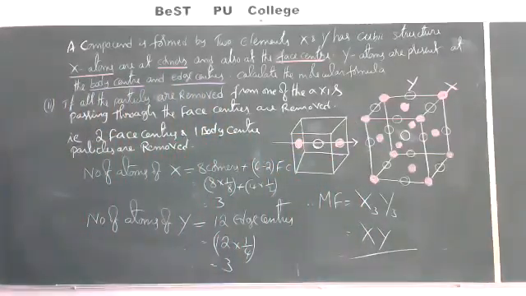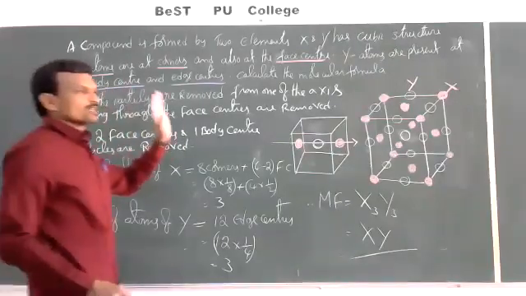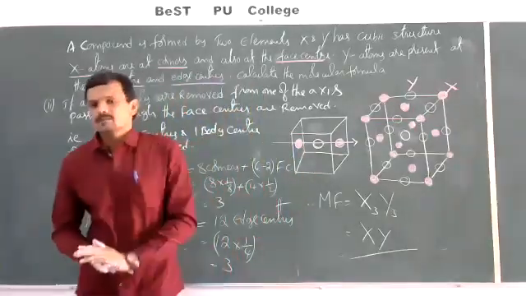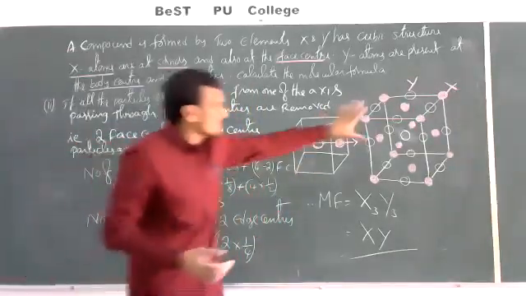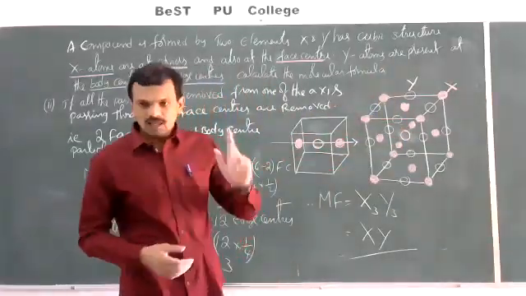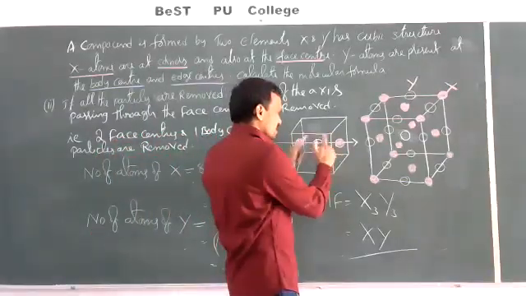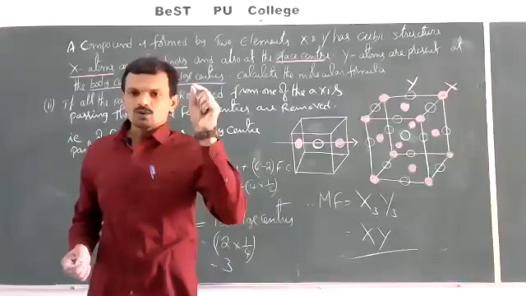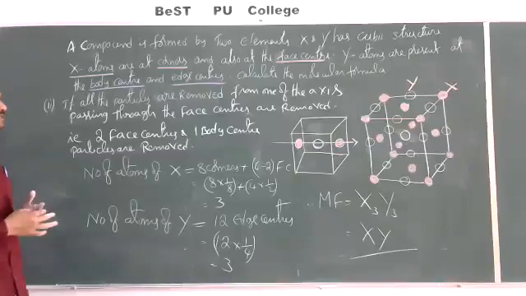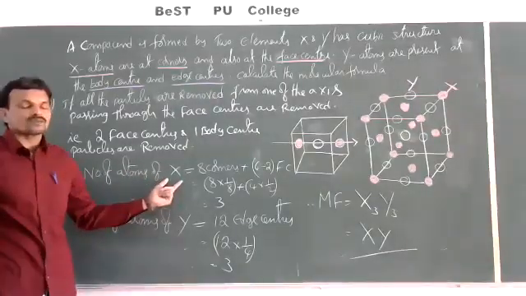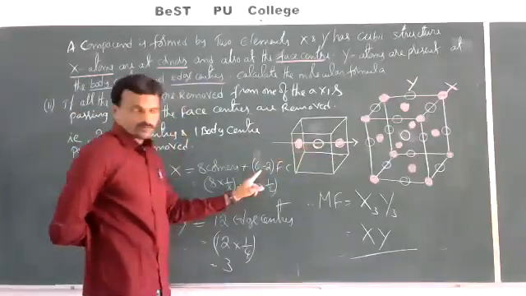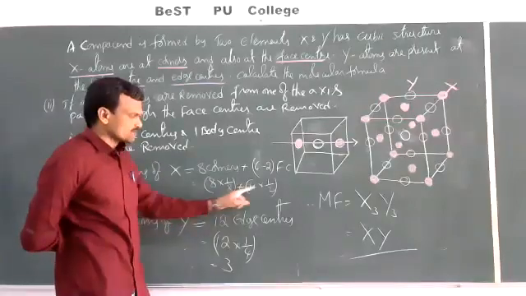Okay, so once again, if you remove all the particles along the axis passing through the face centers, if you select any face center of this cube, if you take any axis which is passing through the center of the cube, then it touches two face centers and one body center. That is, two face center particles and one body center particle will be removed. Now calculate the contribution of the remaining particles. The remaining number of atoms of X: 8 corners remain as they are. Out of 6, two face centers are removed. Remaining is 4. So contribution is 8 into 1 by 8 plus 4 into half, that is 3.